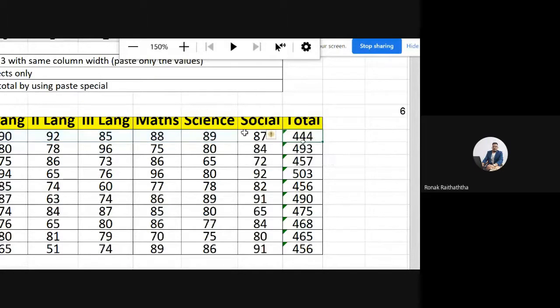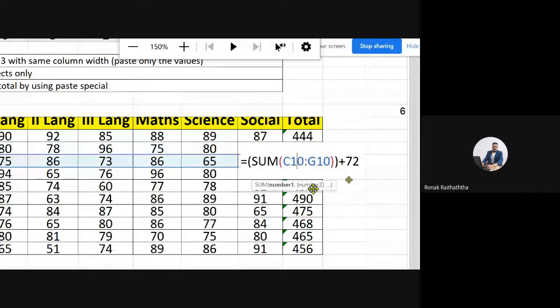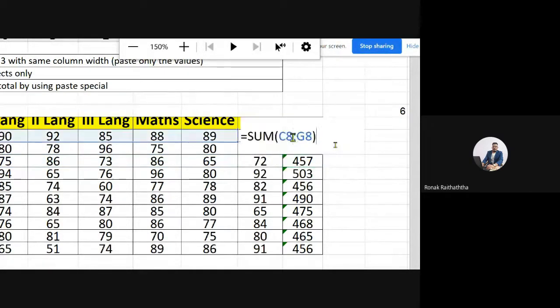Okay, thank you. So let's come back to this again. We have got the sum total of all this, and here, my friends, the problem with the sum total was it was including only 5 subjects. We want to include all the subjects actually. So you may modify this formula as per your requirement. That's one way. But if you don't want to modify this formula and you want to just add the left alone subject to that total, then also it's possible.